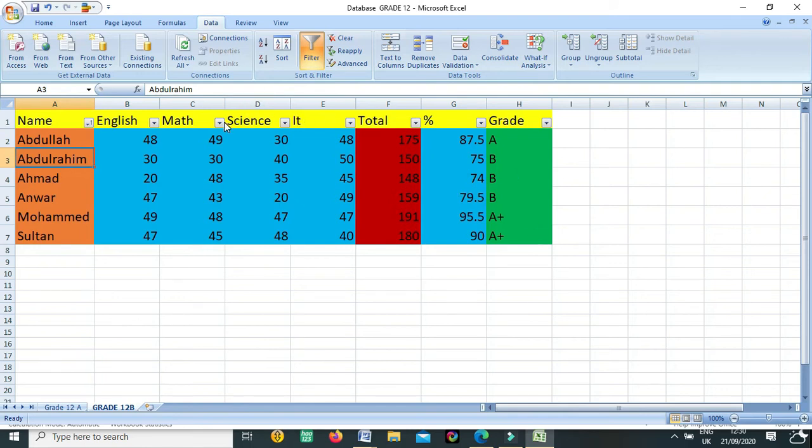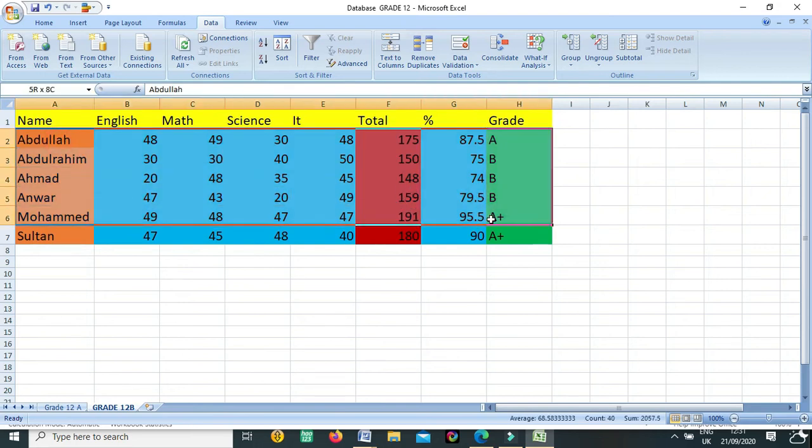Like this, if you need the marks, the total, or the grade, or if you have different countries and want to see who speaks French, you can go to the language column and then select the language. So guys, this is the filter. It's very easy and simple. And the most important and easiest thing here is how you can go to a particular record.